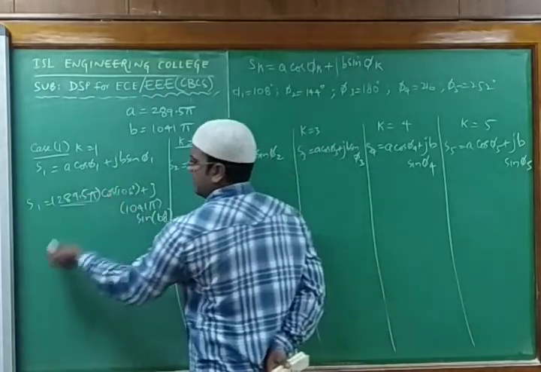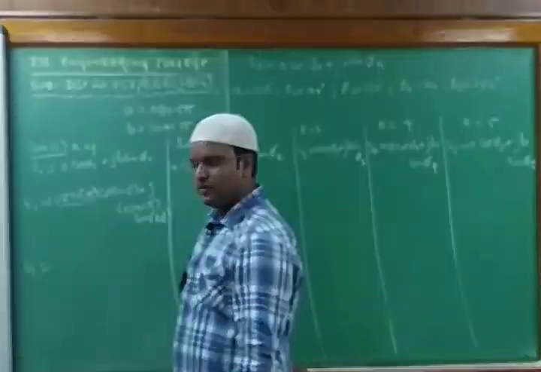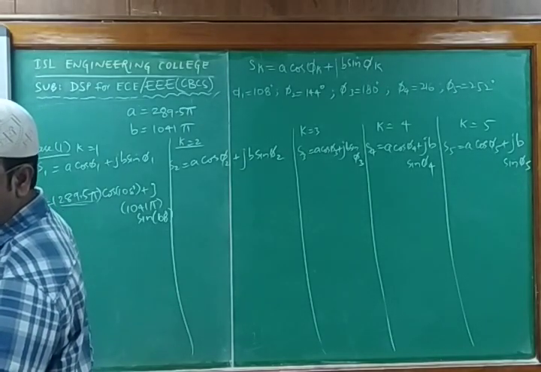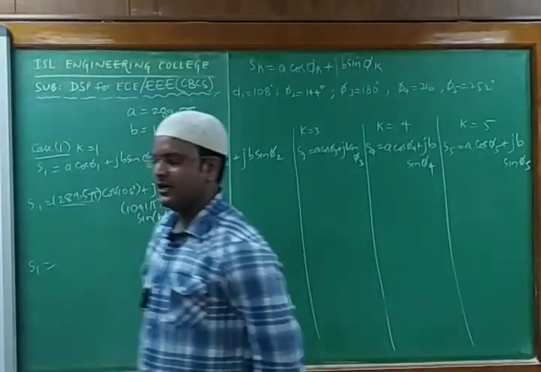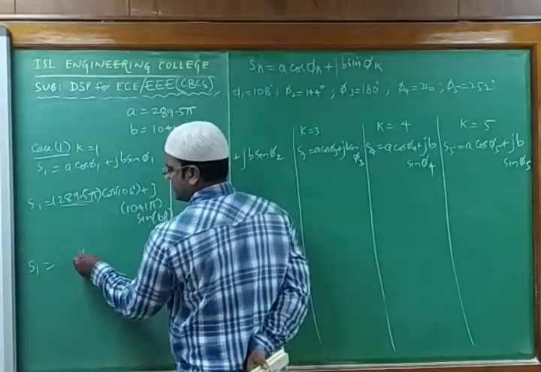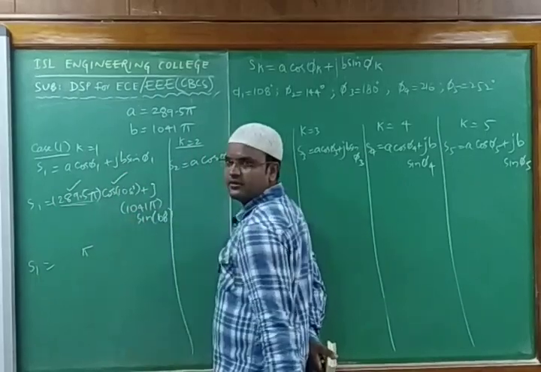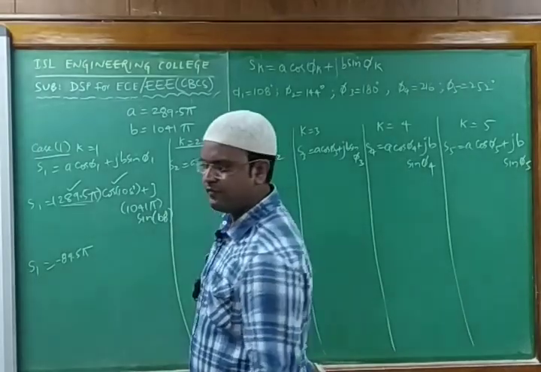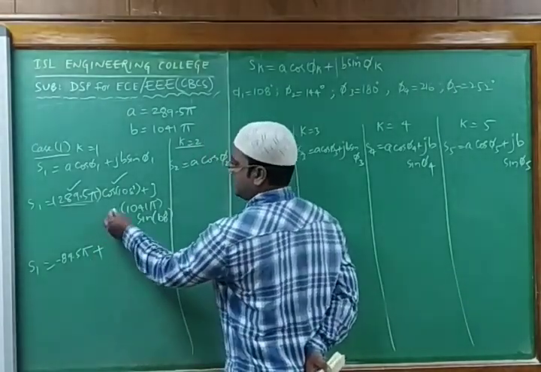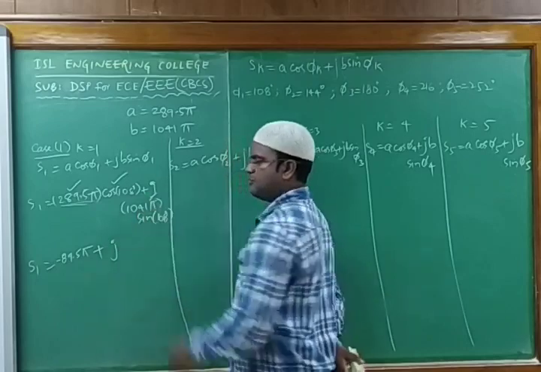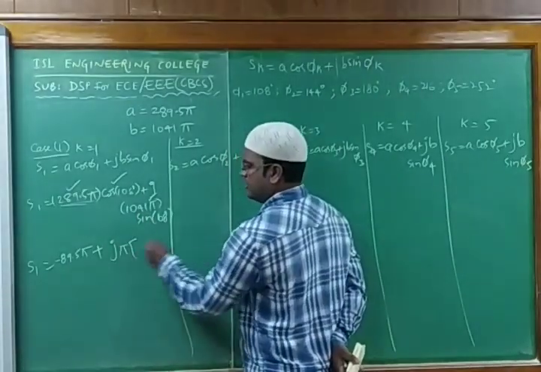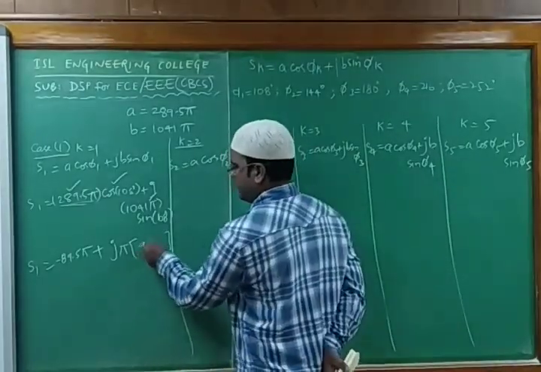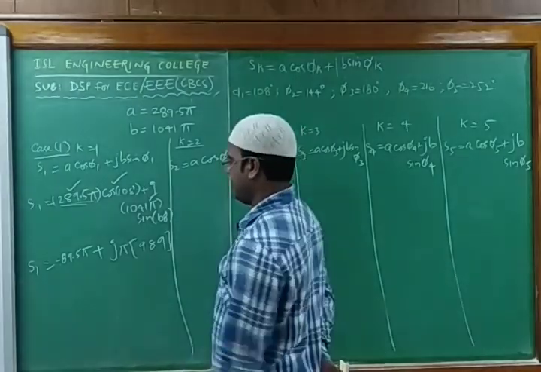First you multiply these two parameters. If I multiply these two, what am I getting? 289.5 into this will be minus 89.5. So minus 89.5 pi plus, keeping this pi as it is. So I am multiplying this value and this value, getting minus 89.5. So minus 89.5 pi plus, we have the second parameter with j. So j as it is, keep this pi as it is. Into what do you need to multiply? 1041 into sine 108 degrees. So what I'll get is 989, so it's 989 pi. Clear?